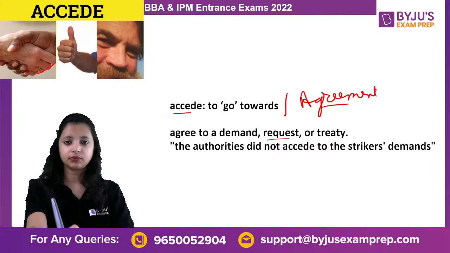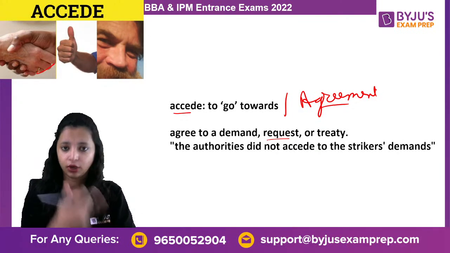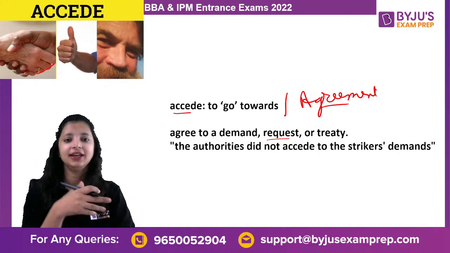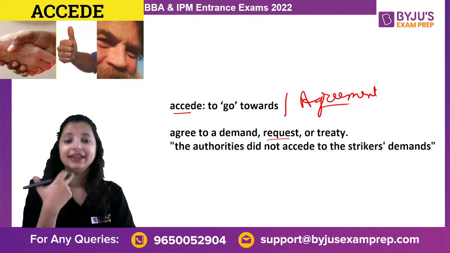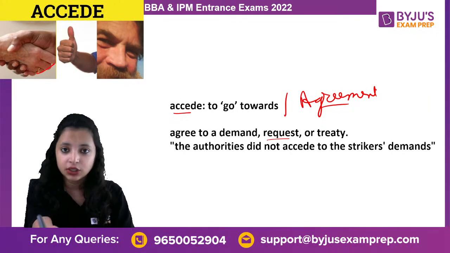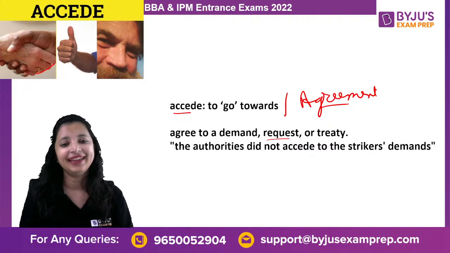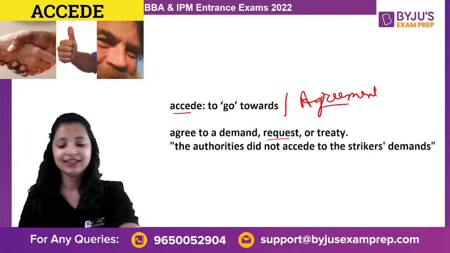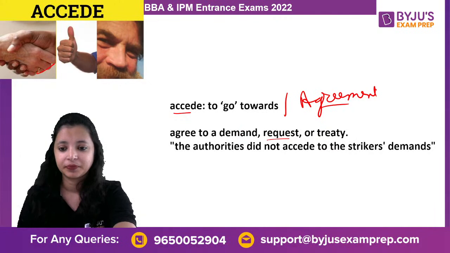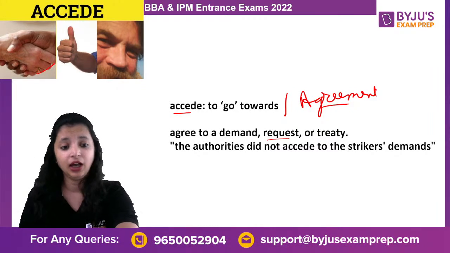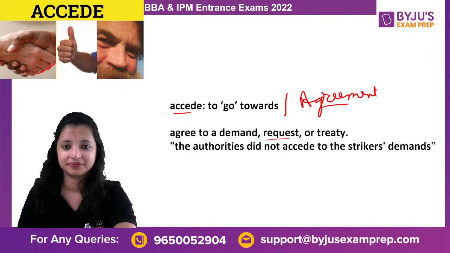You are extending your hand for an offer. And when I shake your hands, I agree to it. I accede to it. I move towards your hands to shake it. That is what accede is. Easy word. To agree on, to go ahead. Absolutely, Ananya and Tanu. To give consent. Yes, Rafat. Agreed. So everyone gets it? Simple word? Yes?